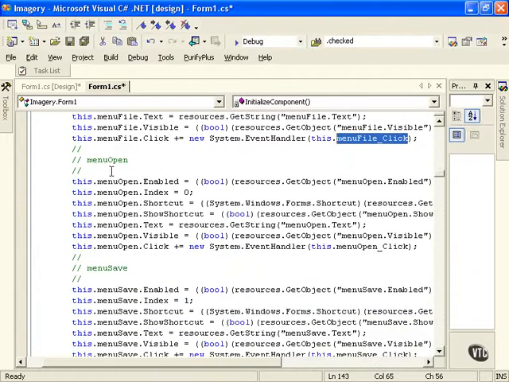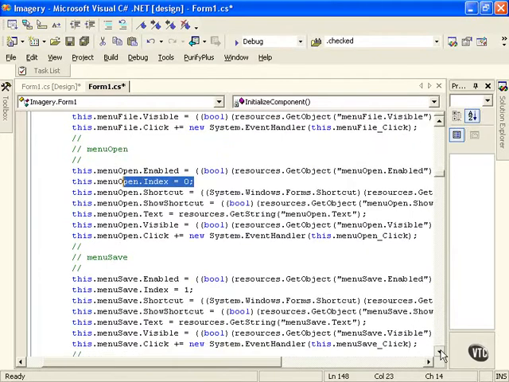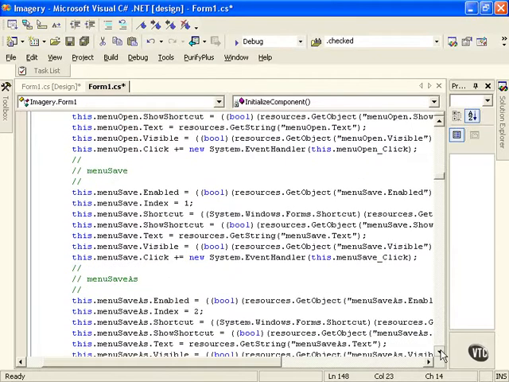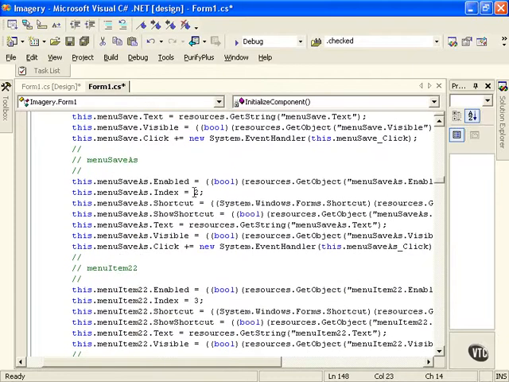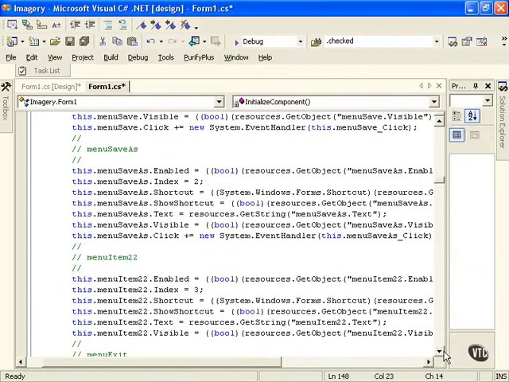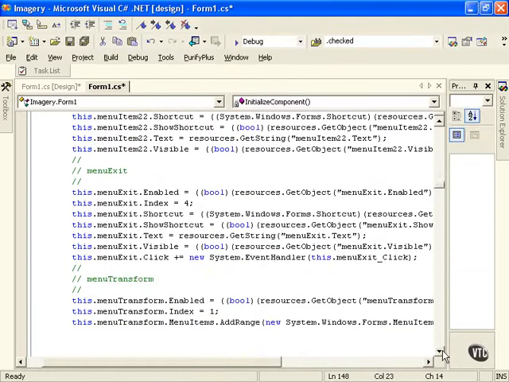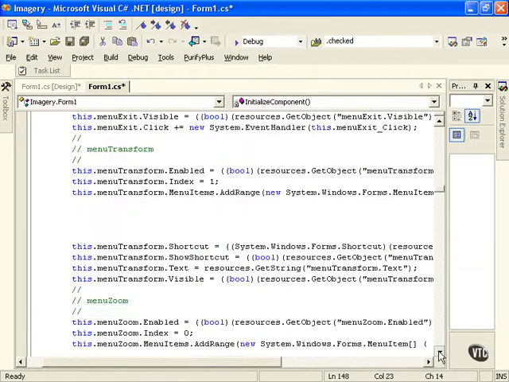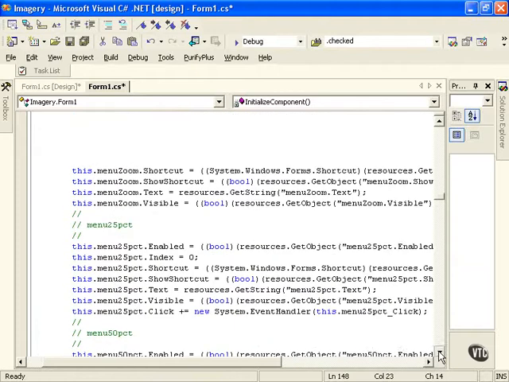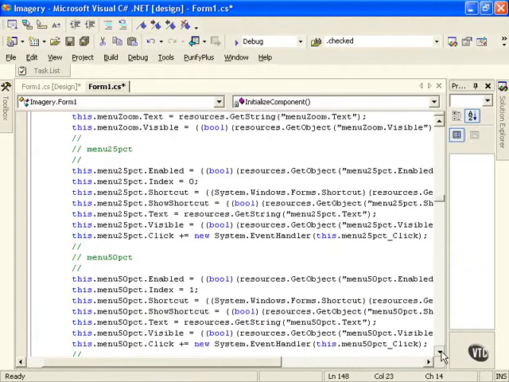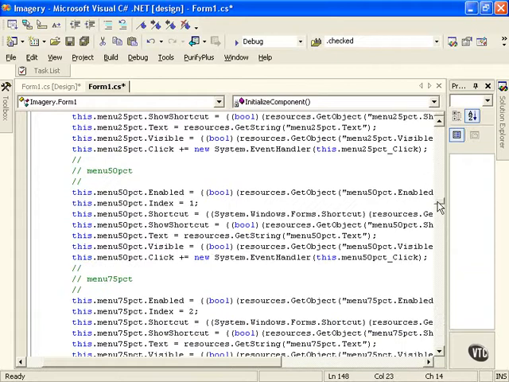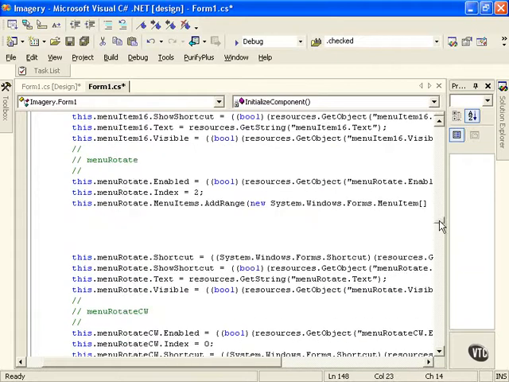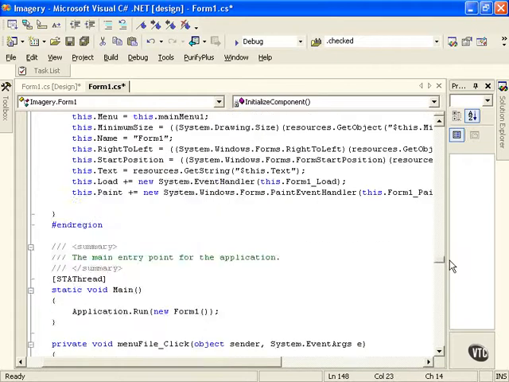So for all those submenus, menu open is an index of 0 because it's the top menu. And you're going to do the same thing for each of those. Save, save as. As you move down, the index increases as they move down. And then we go into the transform section and you do the same thing. So you can look at that as you want to. And we can go down to all of these and see that the same thing is going to be set. Well, we don't have to touch this. Once we set up our events, we can just come down